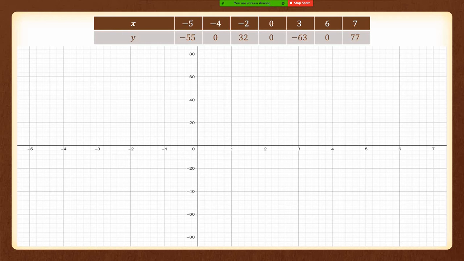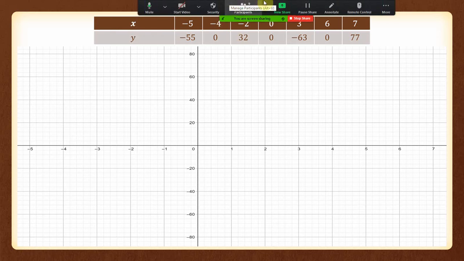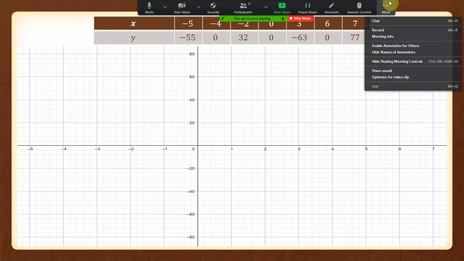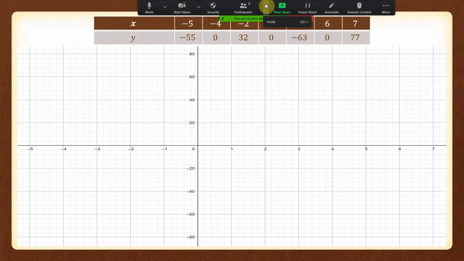Only those people can annotate on the screen whose name I will call. For example, if I ask Anzala Sharik to plot the point, then only Anzala Sharik must do it. If anyone else does it, I'm extremely sorry to say I will have to let you out of the class. So wait for your turn, because we have 7 values and we have 8 students in the class. So don't worry about your turn. You will get your turn. So stay calm, stay quiet, don't panic. Okay, guys.